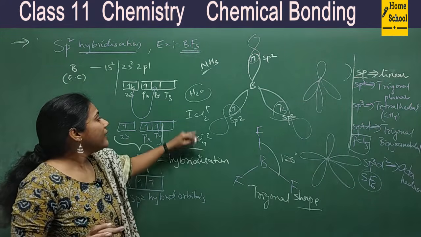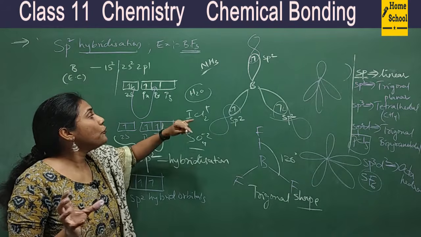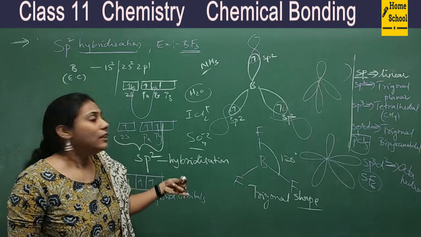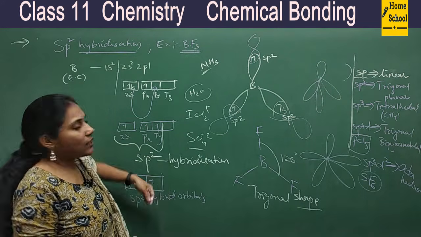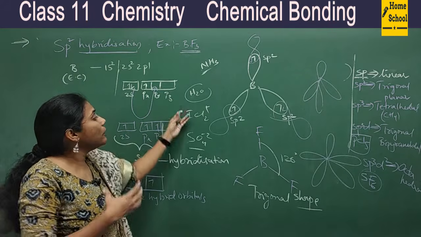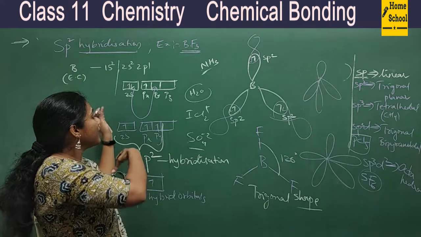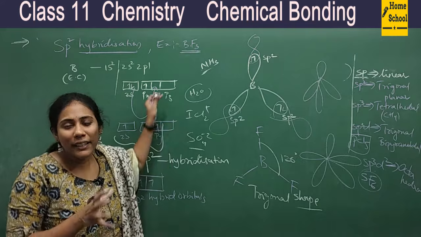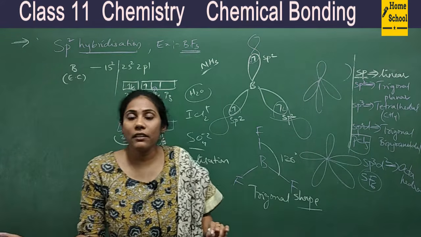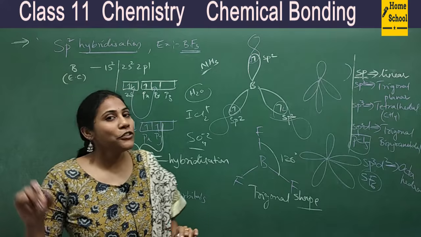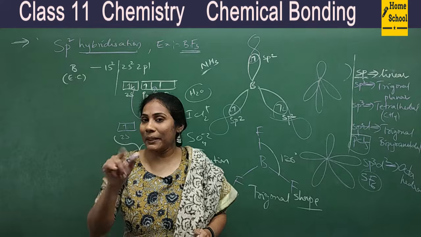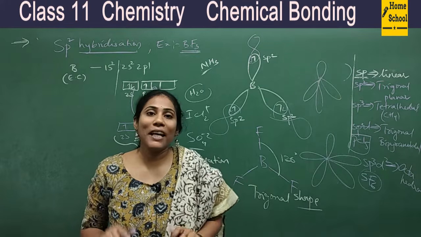Okay. So when these molecules are given, how do we find what hybridization the atom is undergoing? Every time you can't do this workout. It's not necessary to do this workout, thinking how many orbitals are necessary, then thinking about promotion of electrons. All that is not necessary. Actually, we have a simple, beautiful trick to find the hybridization. So wait for my next video. In my next video, I'll be teaching you the trick for hybridization.